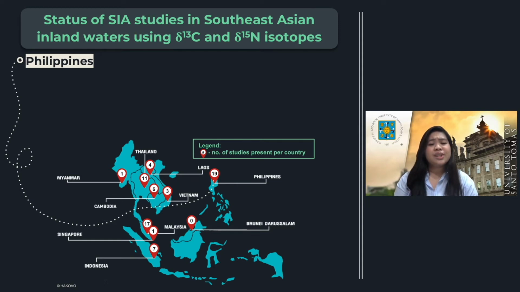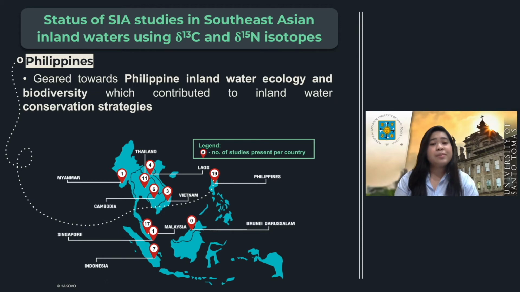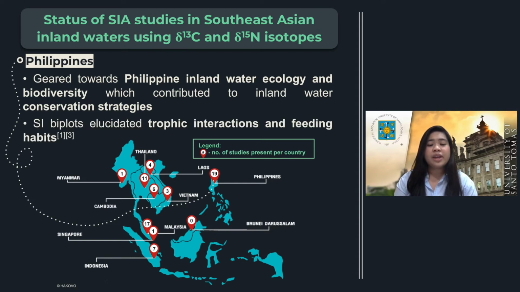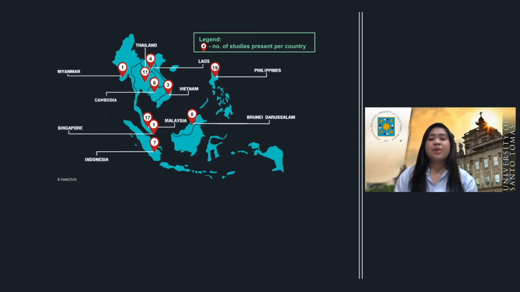The studies conducted in the Philippines were mostly geared towards Philippine inland water ecology and biodiversity, which contributed to inland water conservation strategies. This includes the study conducted by Briones et al. in 2016 and Garcia et al. in 2014, which used stable isotope biplots to elucidate trophic interactions and feeding habits of species along Lake Sampaloc and Lake Taal respectively. On the other hand, very limited or few to no studies were tallied among the other countries